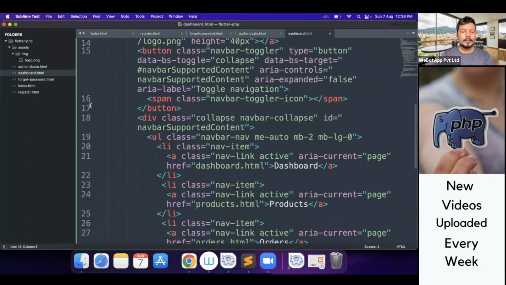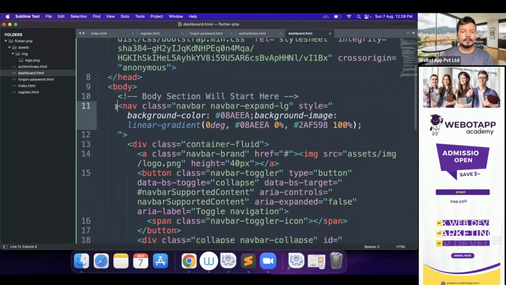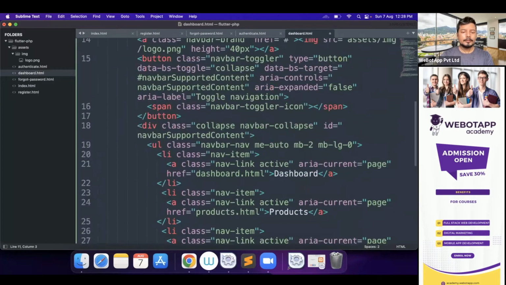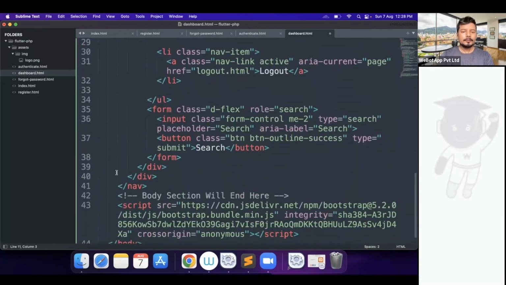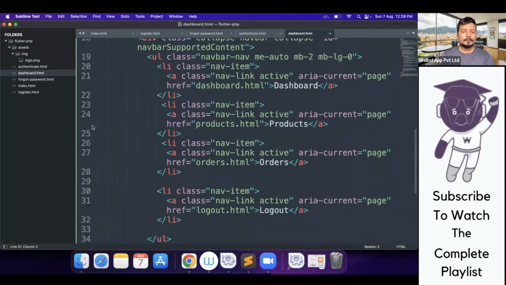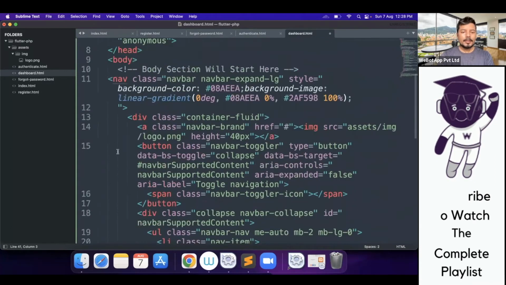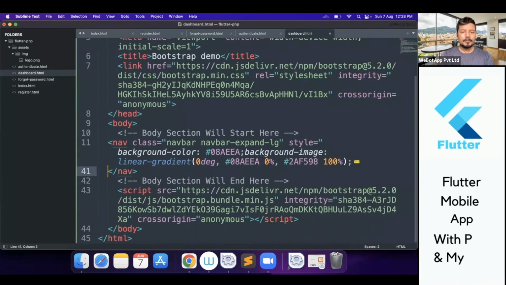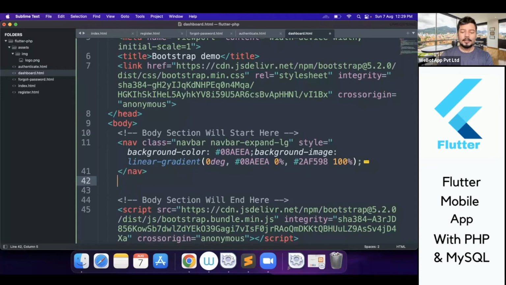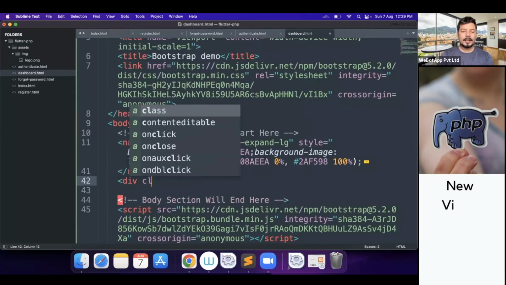All right, okay. Now the indentation is good, and here I'll be using a div class container,